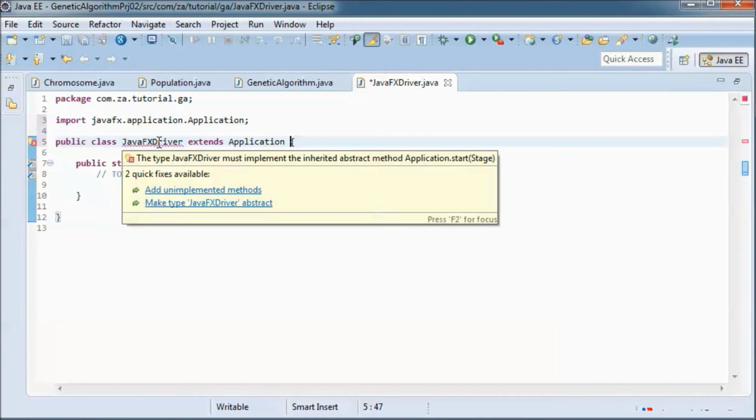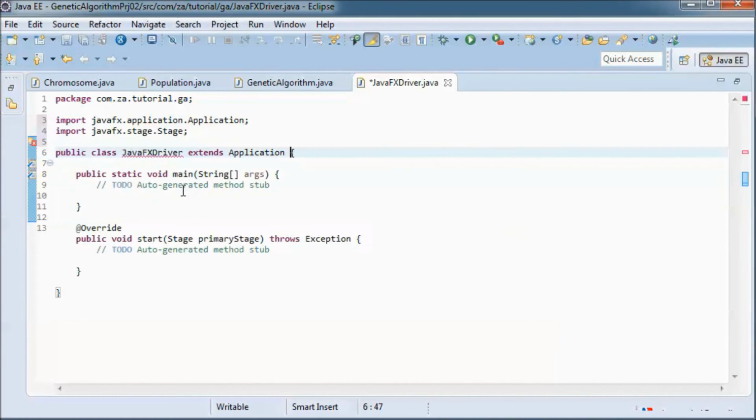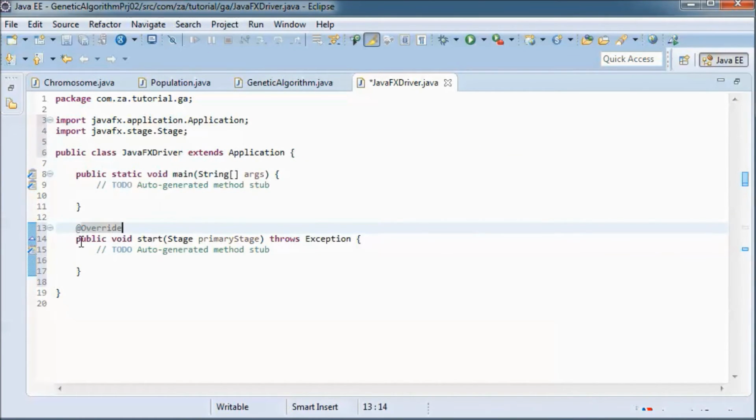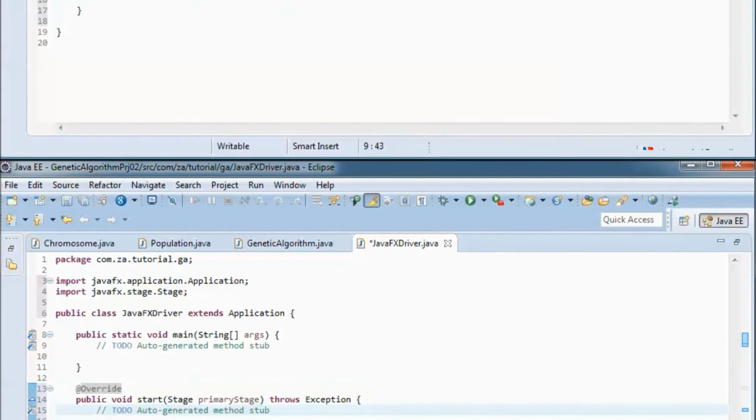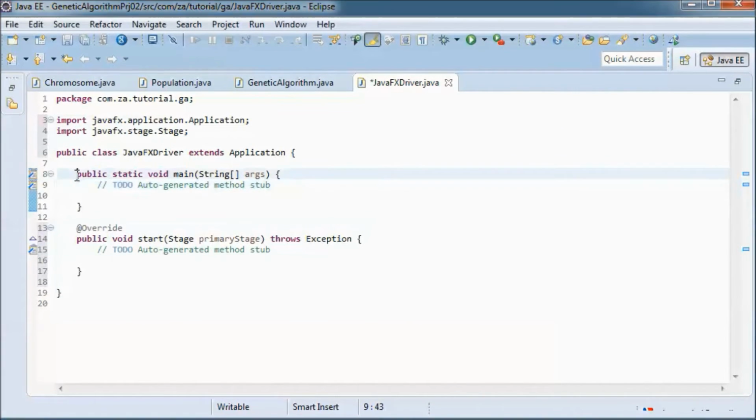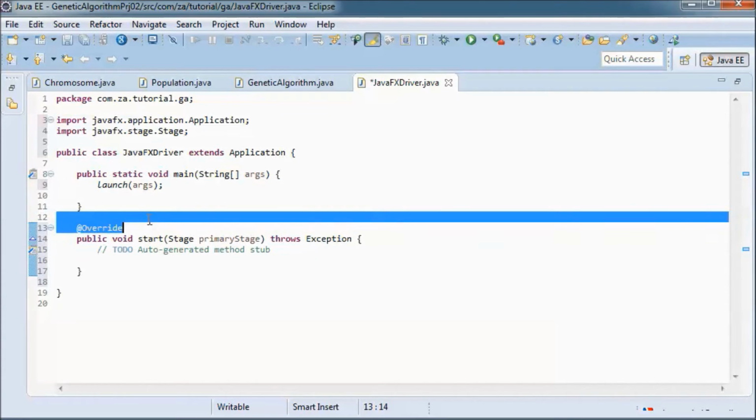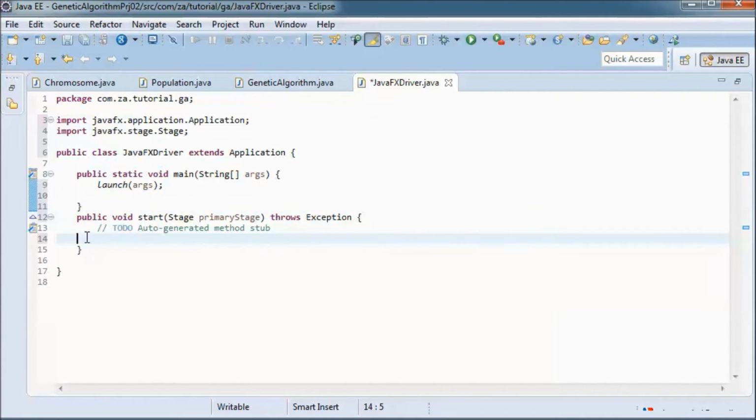And by extending from Application, we have to implement this method. Now all we will do in main is call launch, which will end up triggering a call to the start method.